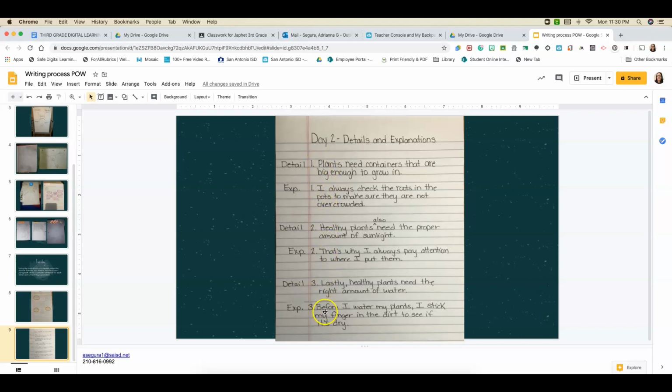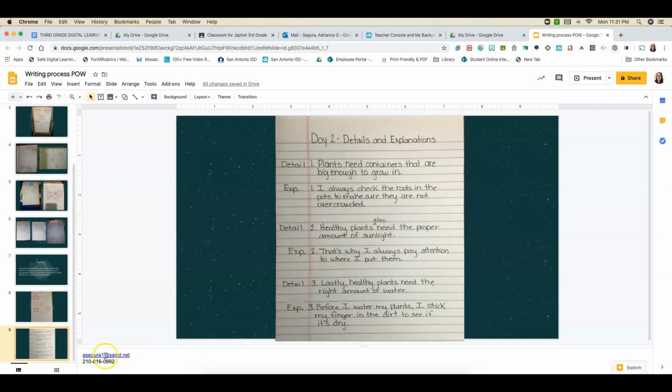6 sentences. And your sentences don't have to be long. I know some of my friends write short sentences, and that's okay, as long as they are complete and they make sense. And once you are done with your day 2 assignment, you can take a picture and you